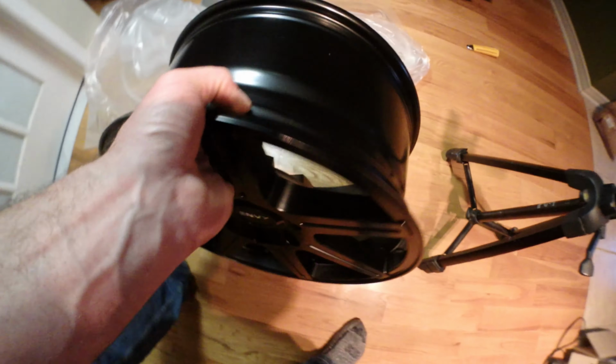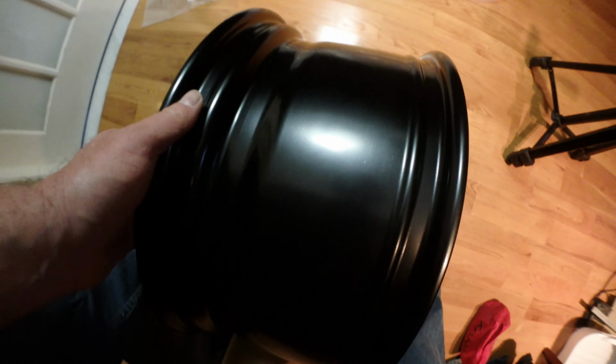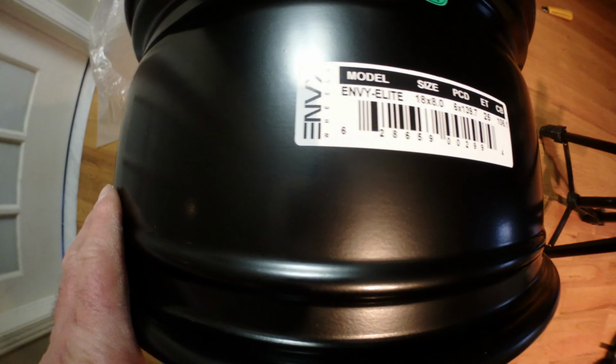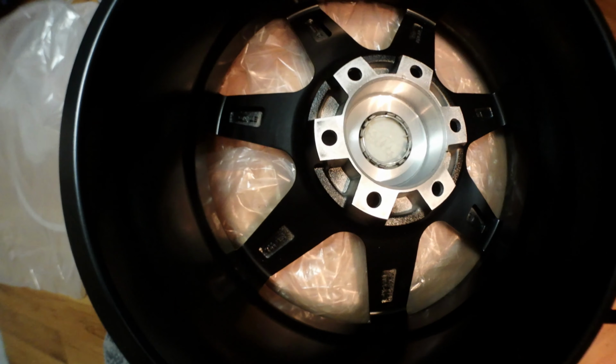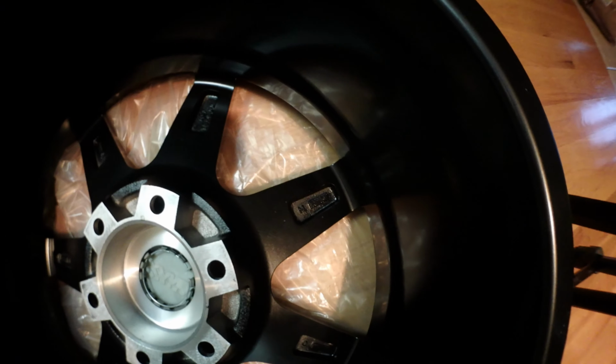Let's see. Okay. Henvai Elite, yeah, you saw everything on the package before. Let's see the back. That's how they look in the back. I'll try to show you